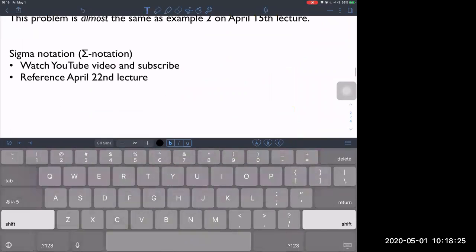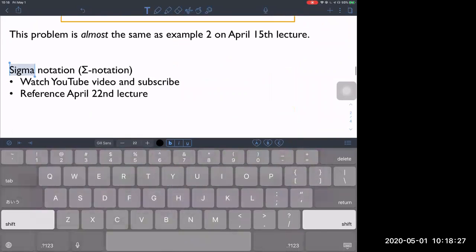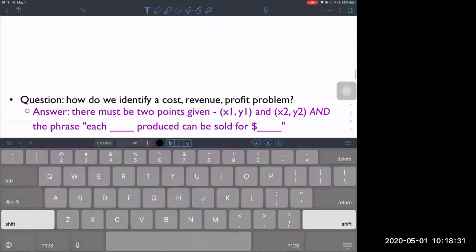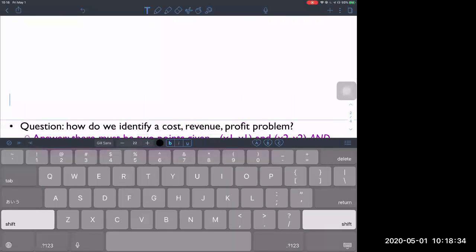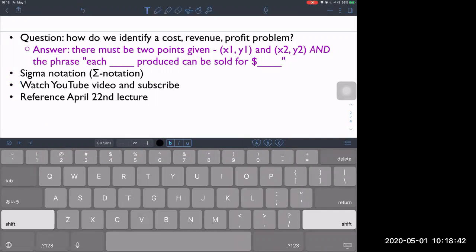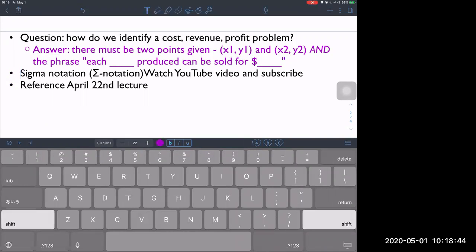And then now sigma notation. Actually, you know what? I'm going to copy this and put it in our next question page. So the question was sigma notation, and my answer is